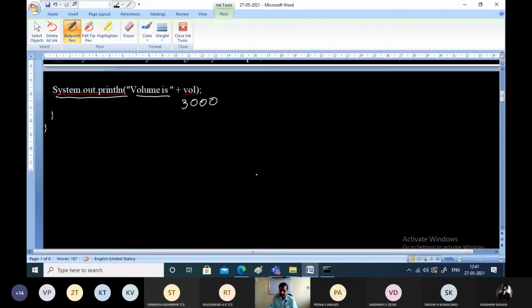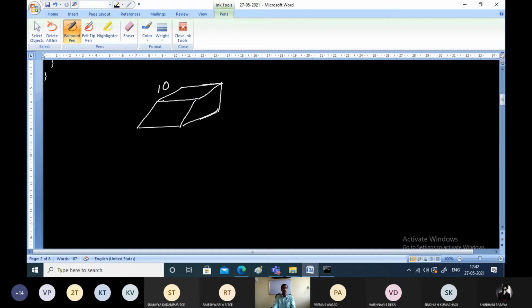But in real-time situations, what we may want is that the data members should assume default values whenever we start the execution. That is what the constructor does. Whenever you are creating a box, you want to start the box with default dimensions.